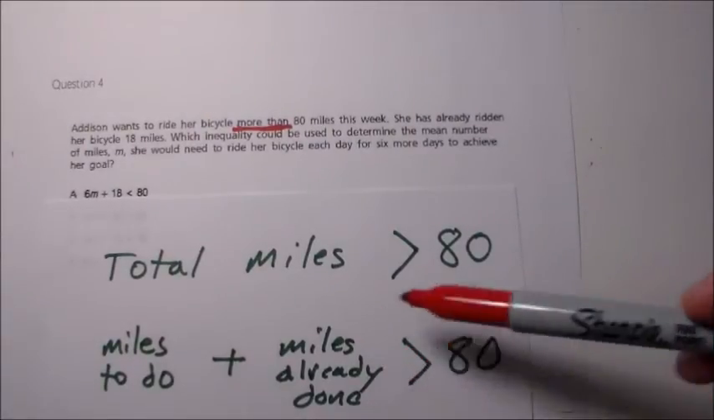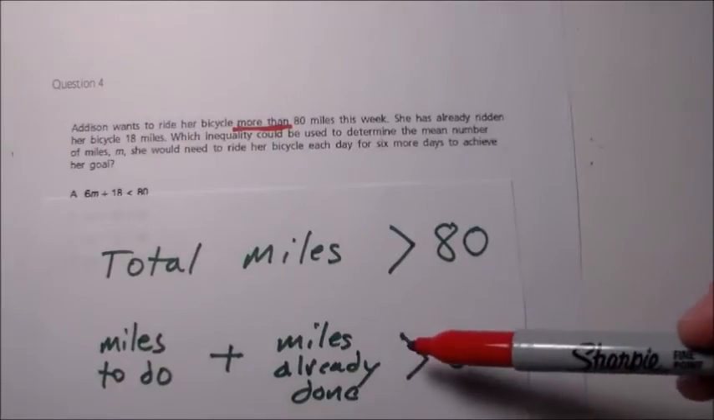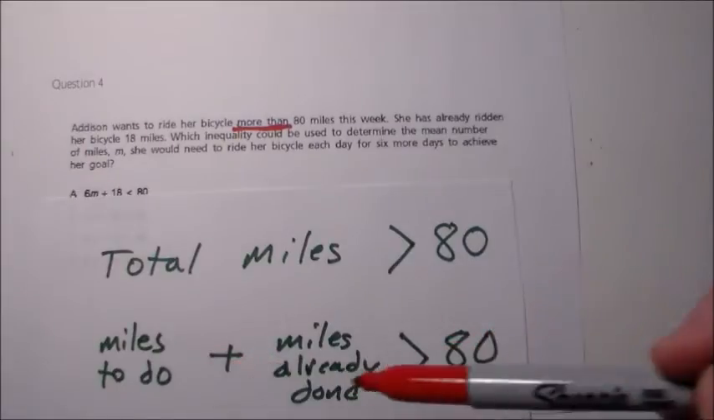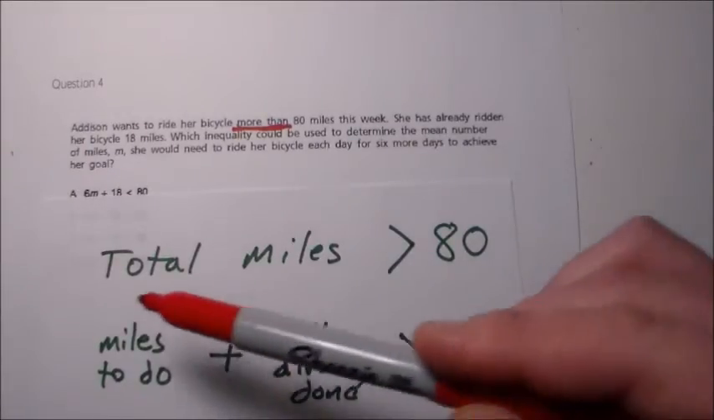Now this is kind of a unique question, right? Because normally it's this amount of money, that amount of money, and we'll add them together. Here it's miles to do plus miles already done. But still you're going to have one term